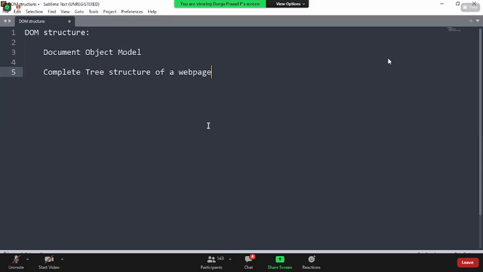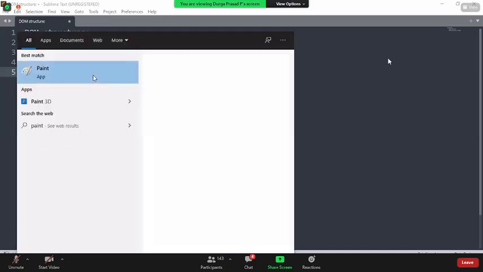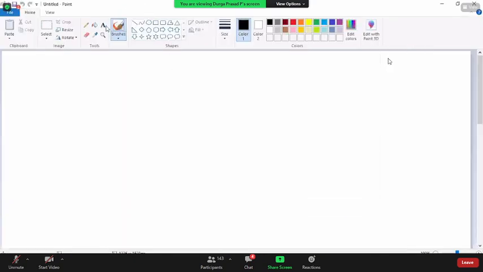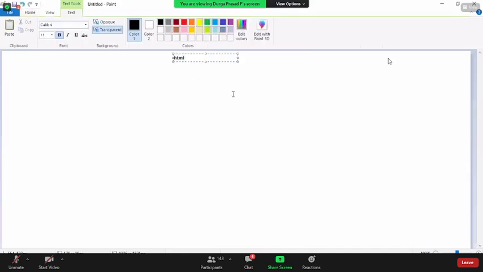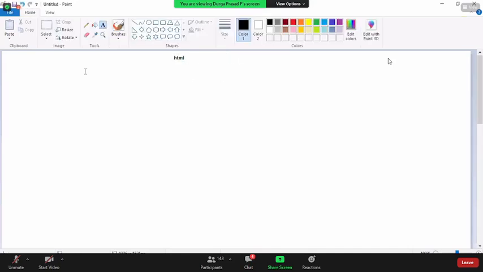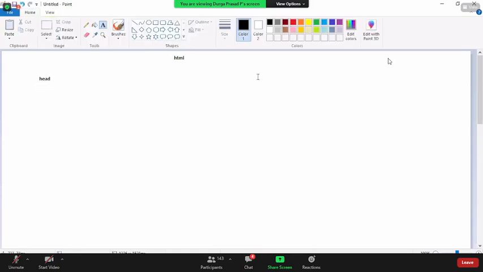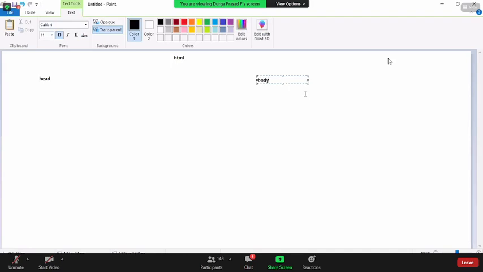Take any web page, for example, let's go with paint. Obviously you start with HTML. Under that HTML, you have a header part, and under the HTML there is a body part.